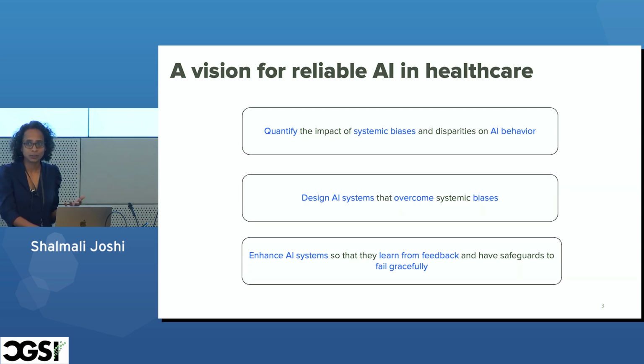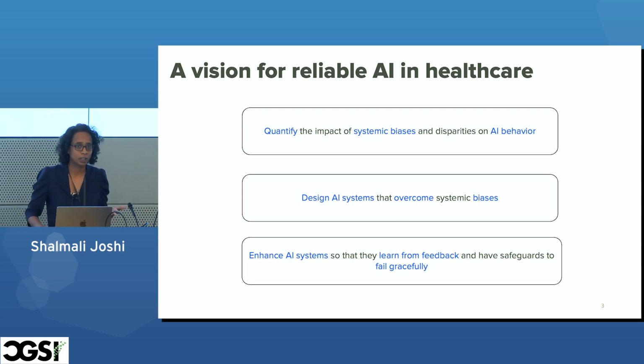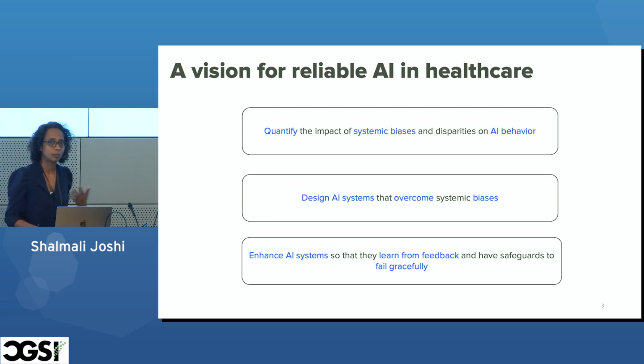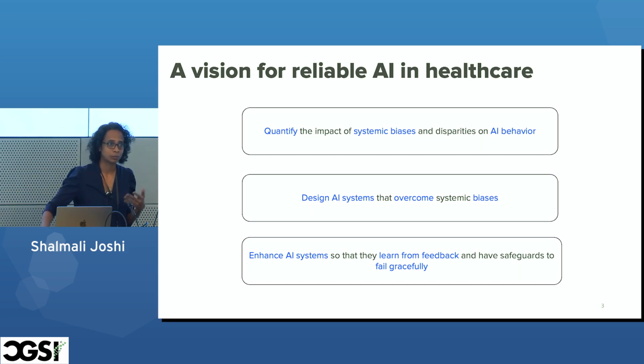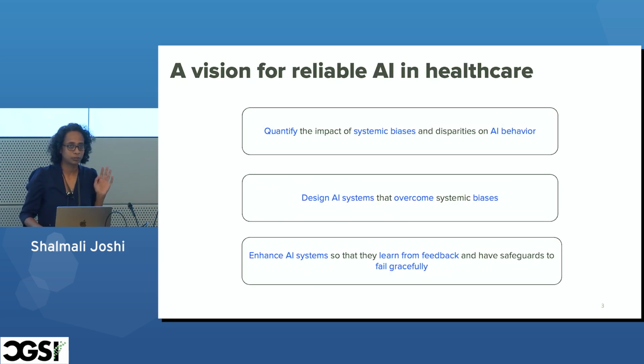And then once you understand what's going on, you can design new methods to actually account and compensate for them and design better AI systems. Eventually, we get to a place where these AI systems can learn from their own feedback, wherever they are not working well, and then they can be enhanced from how they are performing in practice. Okay? So today, I'm only going to talk about the first piece of it,